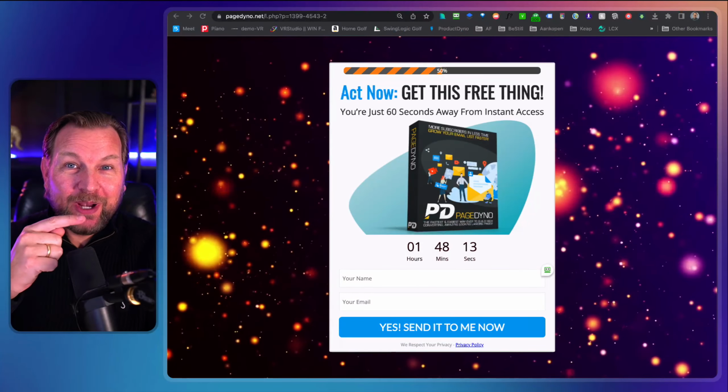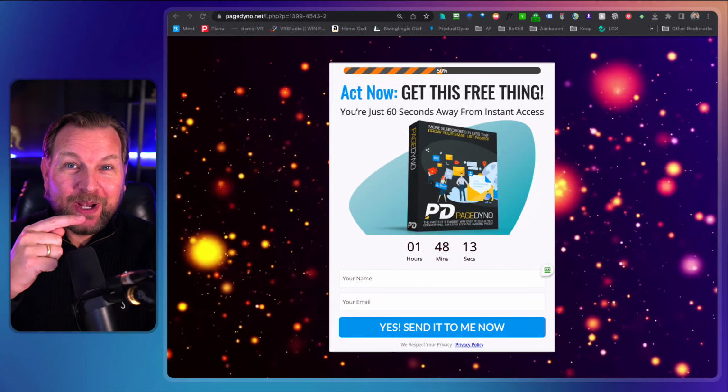How would you like it if you could create beautiful opt-in forms like the one that you're seeing right here? This is an awesome example, but I can show you more. What about this one? A very beautiful background, or maybe you want to have something more flashy like the one that you're seeing right here, or maybe something more fun like this one, or maybe you sell something that flies and you can create awesome pages like the one that you're seeing here with the drone,